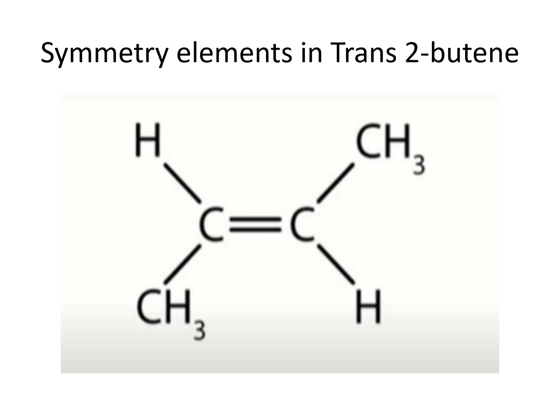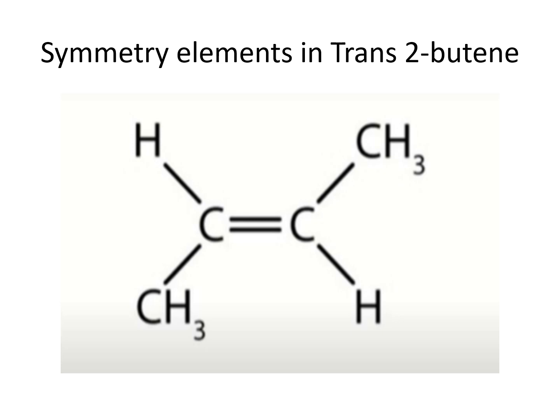After proper rotation, we need to find any plane of symmetry, also known as sigma. Does a plane of symmetry exist in this molecule? Yes, there is sigma, that is plane of symmetry, in trans 2-butene. Moreover, we have to find inversion center and improper rotation in this molecule. There is no improper rotation in this molecule, but an inversion center exists.